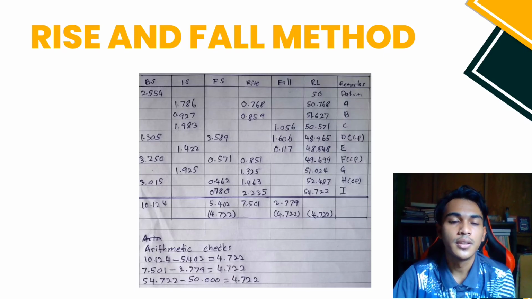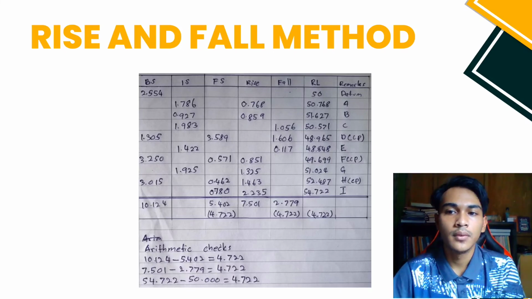After that, the intermediate set, 1.422 minus 0.571, we will get 0.851, and after that 3.250 minus 1.925, we will get positive 1.325, and 1.925 minus 0.462, we will get positive 1.463, and lastly 3.015 minus 0.780, we will get positive